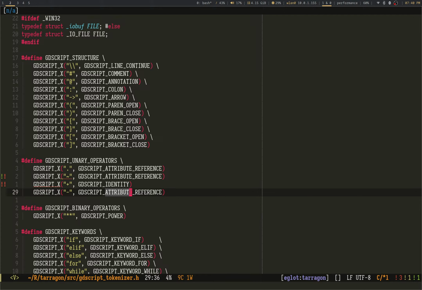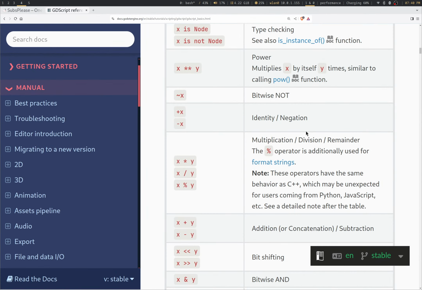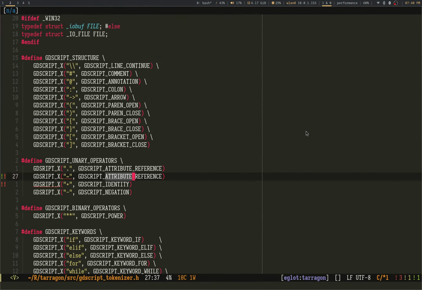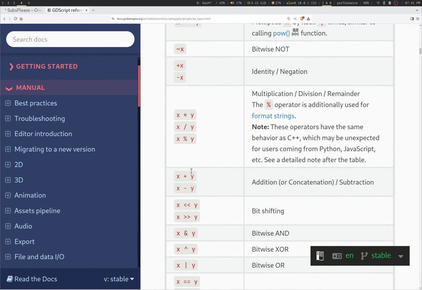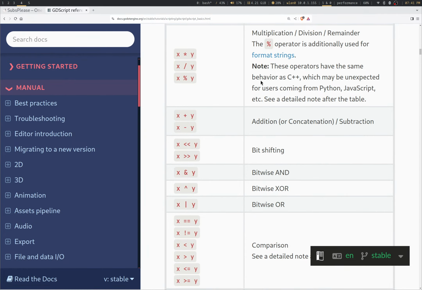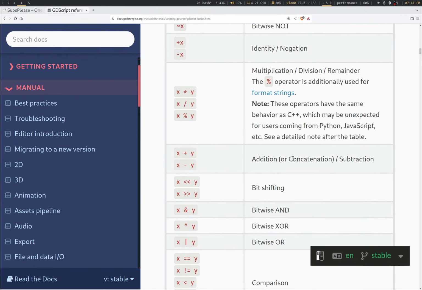Identity. Yeah, that's fine. What else we got? Your good old math. Addition or concatenation. Oh my god.